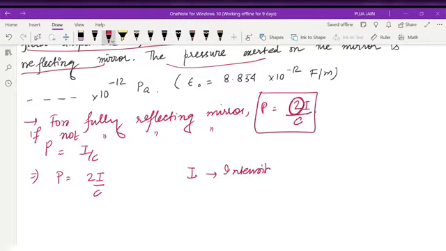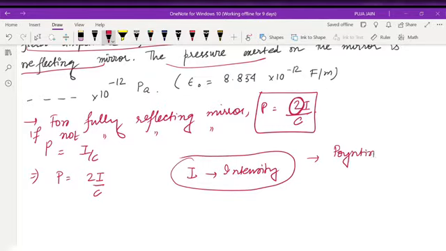Intensity, this value we can get from where? From the Poynting vector. From the Poynting vector we can get the value of intensity. We know what the Poynting vector is. It is denoted with S, that is equal to 1 by mu naught E cross B. The theory part I will explain in detail. I will take a theory class and then explain in detail what the Poynting vector is, what